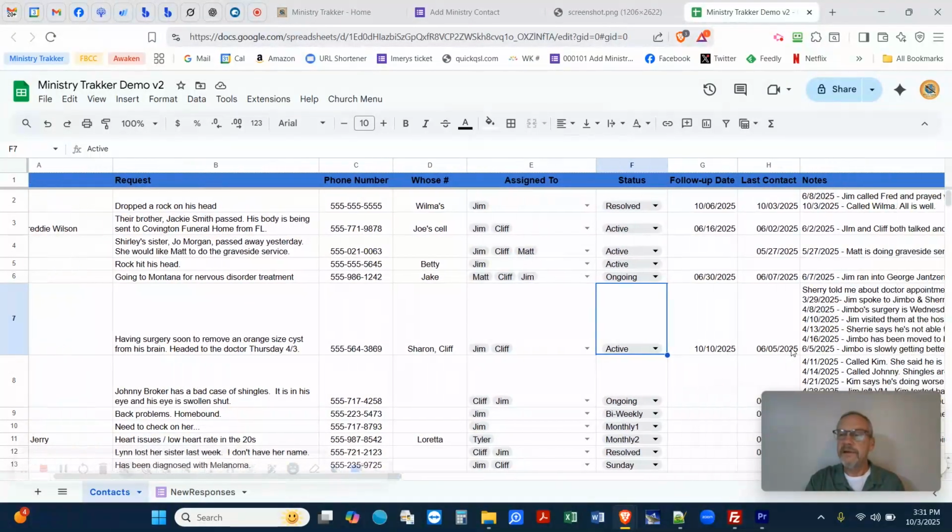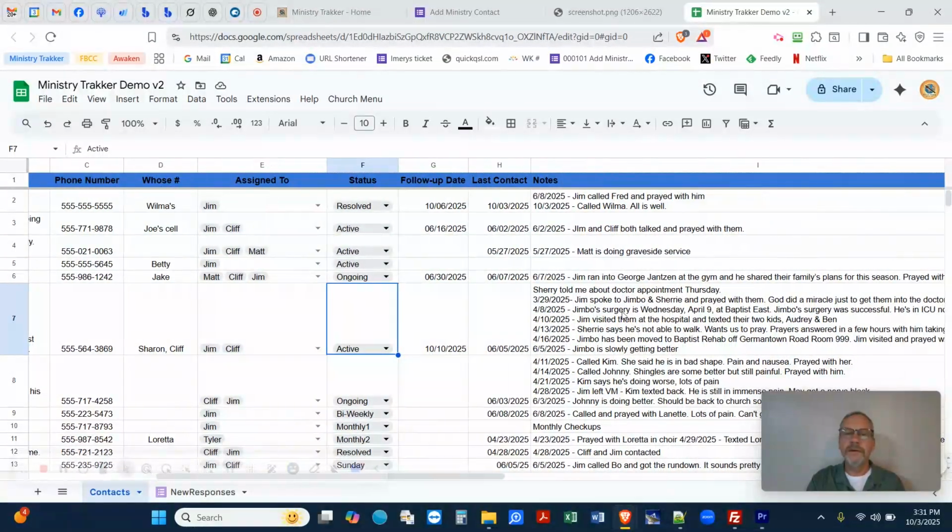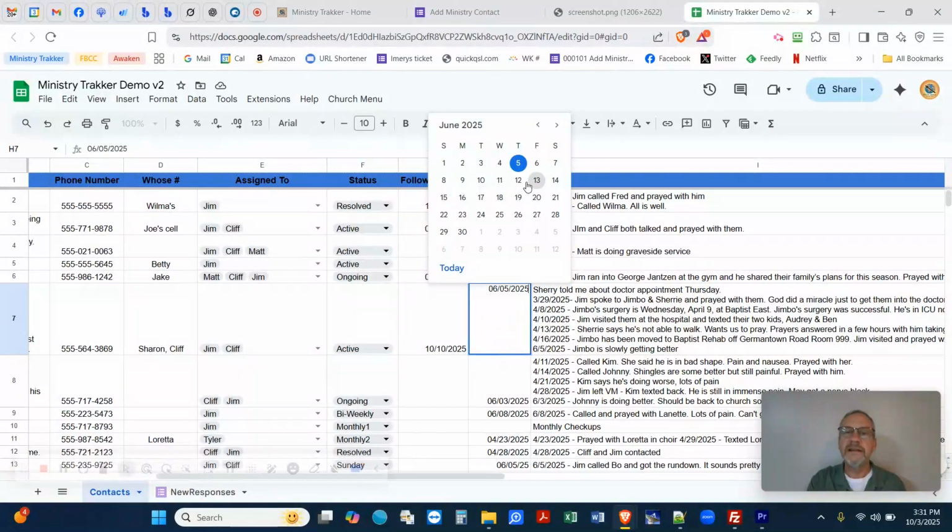Then next, I want you to look over a little bit further. We have a last contact date. So you'll see you have all these notes in here that you're keeping. All you have to do when you want to enter a new note in your note field is change the contact date.